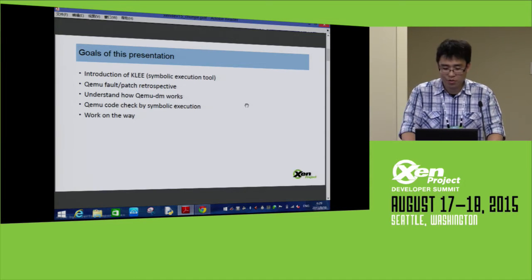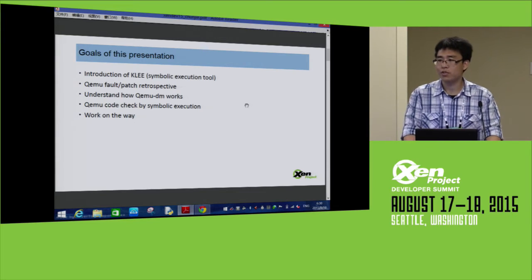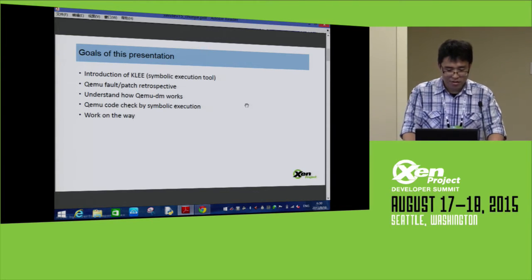symbolic execution tool to achieve our goal. So in the first part, I will give a brief introduction about KLEE. We pronounce KLEE as "Kili", so in the following conversation, I will just call it Kili. In the second part, let's retrospect some real bugs of the QEMU program, and then